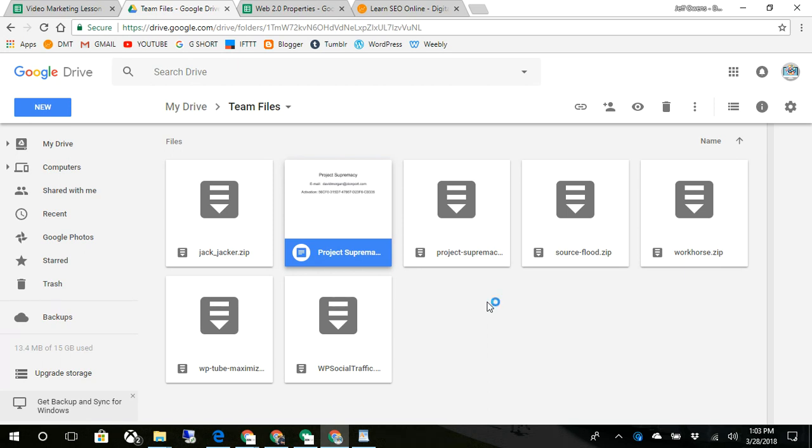What happens is Project Supremacy needs what's called ionCube to make it work. So it's something that's done with your PHP files. And if you like YouTube, you know how to set up ionCube in my web host. And if you don't have it, then I suggest you do it. It may not be all that difficult if you're on a pretty friendly web hosting solution